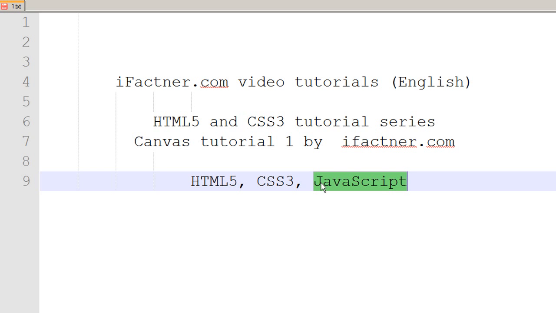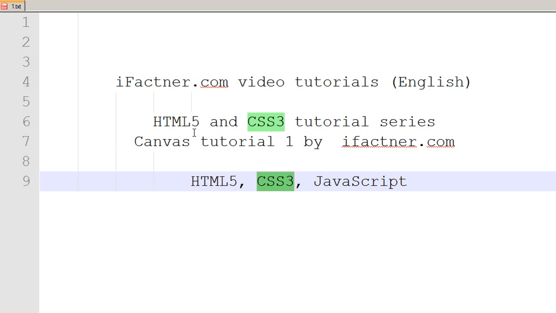So if you know anything about these three languages, then it is well and good, but if you do not know anything about them, then I will be explaining the tags and the elements which I will be using in these tutorials. So guys and girls, in the first two tutorials we will be using internal cascading style sheets and an internal JavaScript file to create our canvas element and to draw a rectangle and a square on our